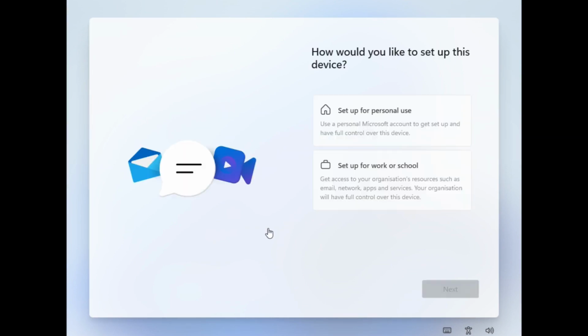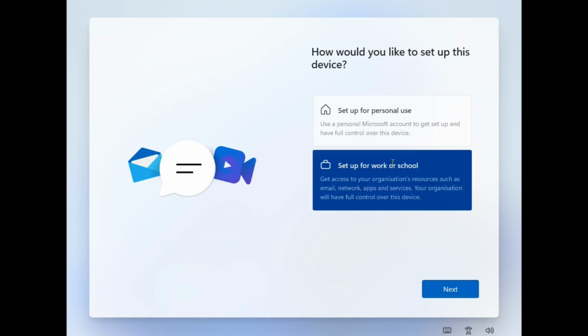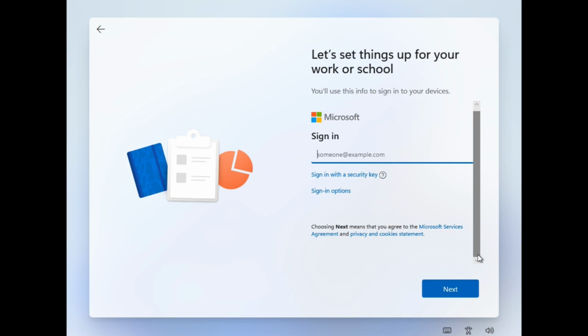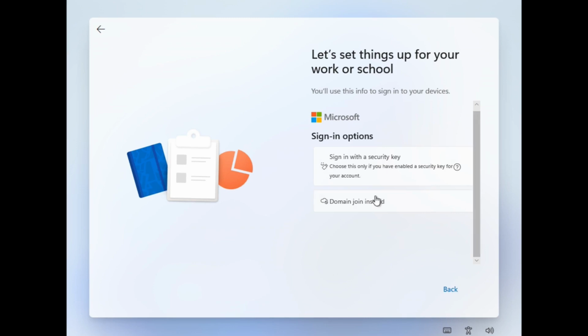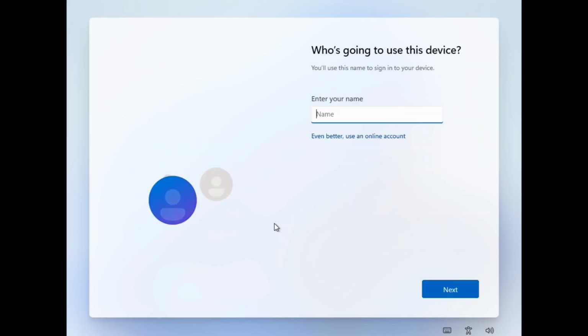Now it asks me how I would like to use this device. I'll choose set up for work or school. Click next. And now for sign-in options, I'll go to sign-in options. Click on domain join instead. Enter my name. I'll just use